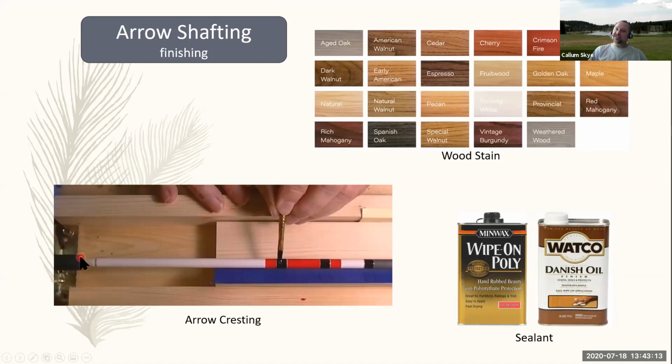I don't have a cresting jig, which is kind of the challenge to be able to get real crisp, clear lines on them. But if you have one of these cresting jigs, you can really create some great examples of it, and it's, again, really popular. The finishing of it